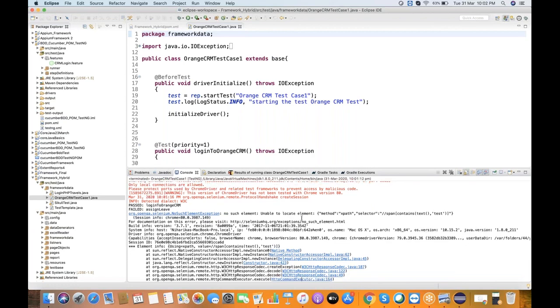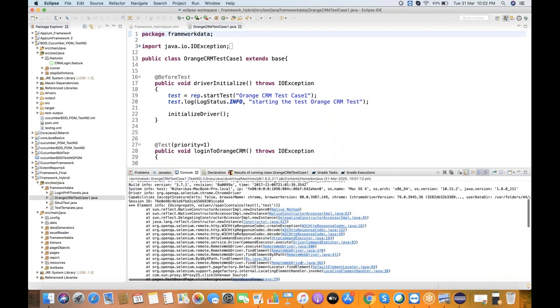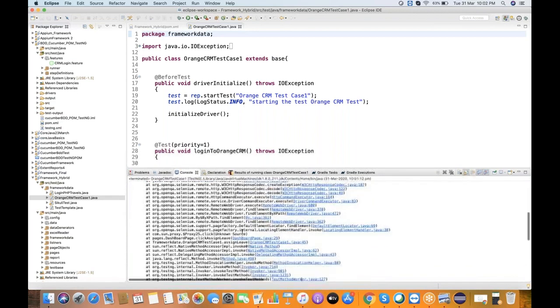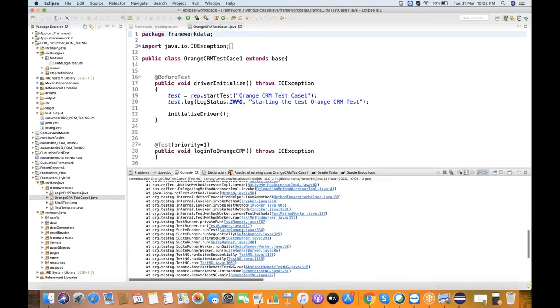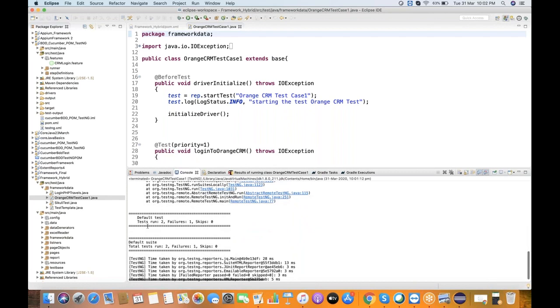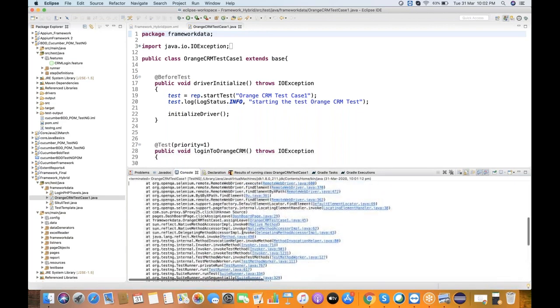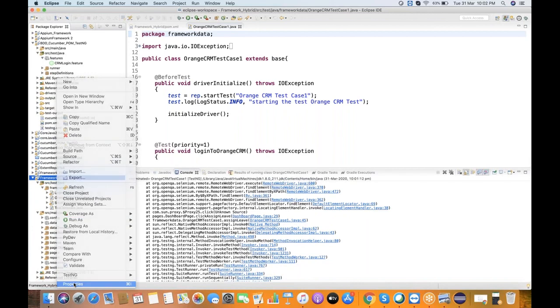I can change the locator and this will pass. But in this output you can still see the exception, and you can see how many test cases are run, failures, skips. These all come from TestNG. But by seeing this, you cannot understand what this test case is about, right? So there is something called extent reports.